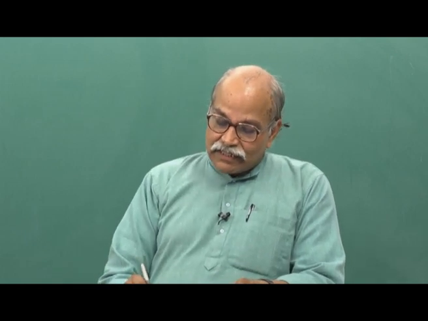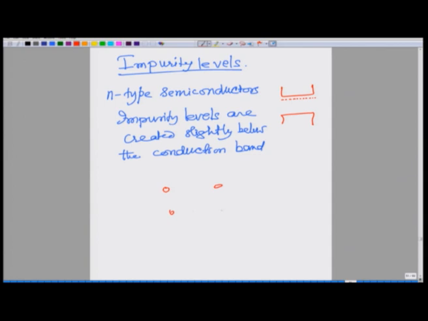So, in this crystal, if you have silicon, silicon, silicon, silicon, silicon, silicon, and then you have phosphorus here, and 4 electrons are engaged in the bonding, and the fifth one is somewhere here, which is still bound to this, but with a very weak binding. So, that is how these levels are created; these levels correspond to that.